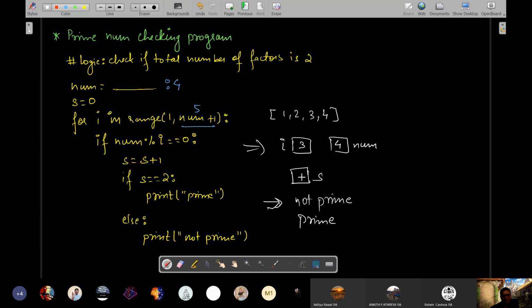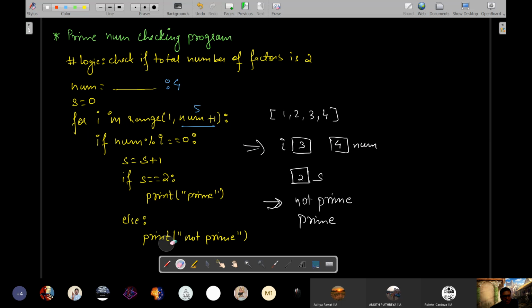s is containing the last value as 2. Is 4 divisible by 3? The answer is no. So it won't go inside the if, because 4 is not divisible by 3.